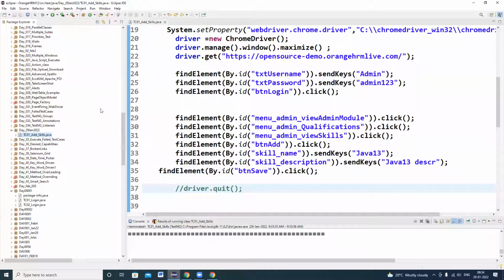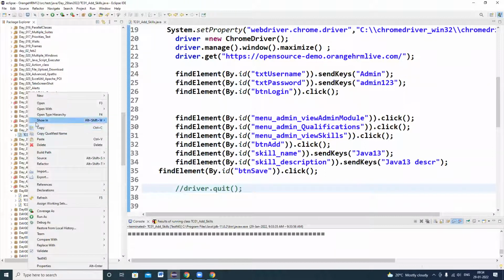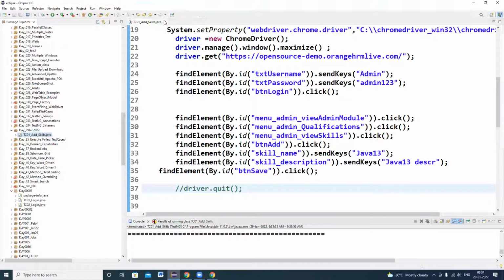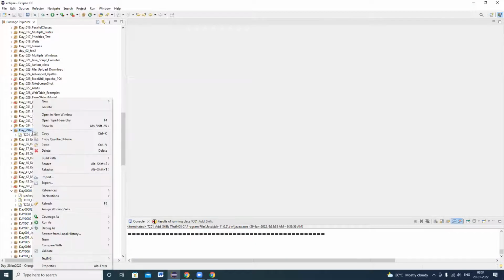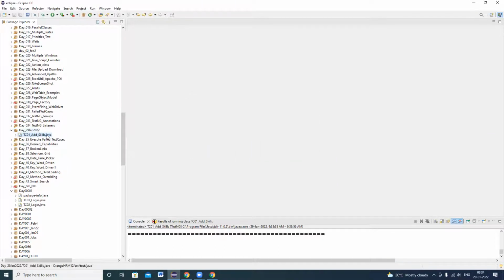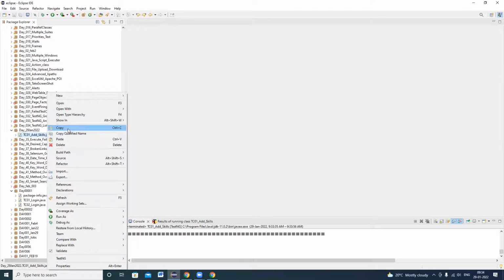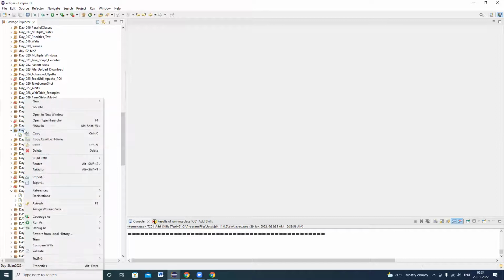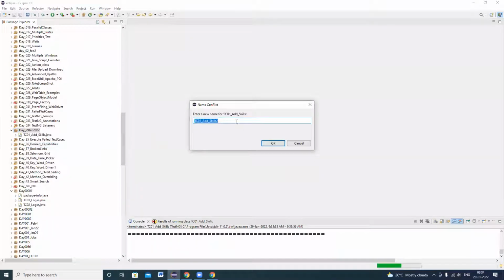Okay, right. So we copied. I don't want to disturb this program up to here. So I'm copying this program, and I want to write some non-static methods. So I'm pasting. Okay, one second. I'm taking the copy of this program, right click and clicking copy, and in the same package, I'm pasting. And I'm giving the TestNG class name as non-static methods.